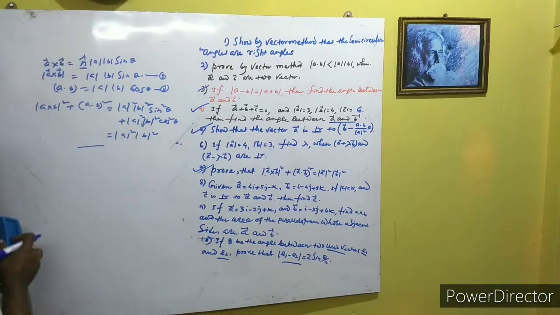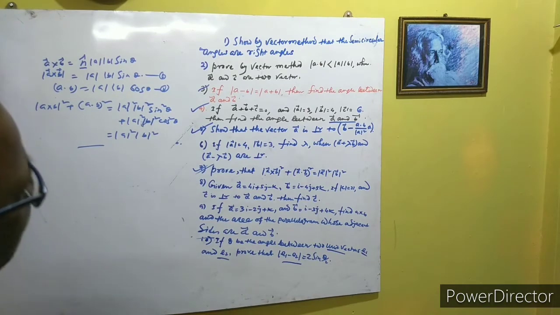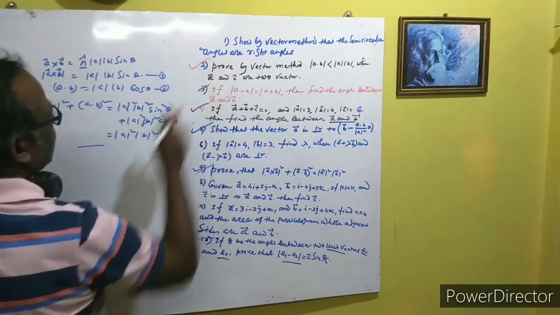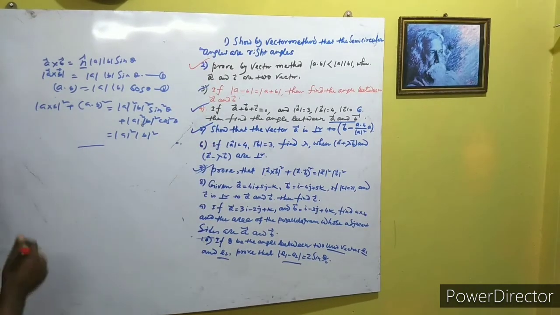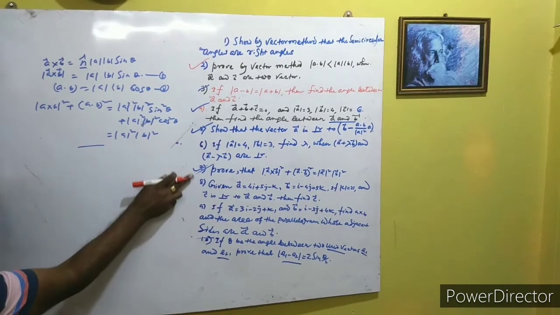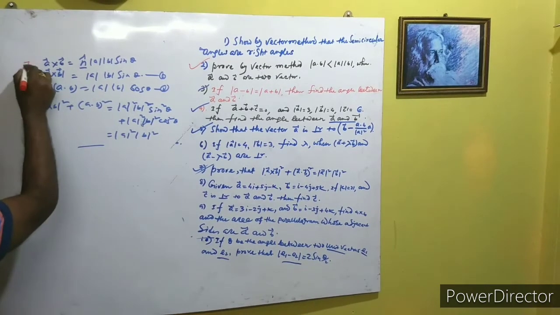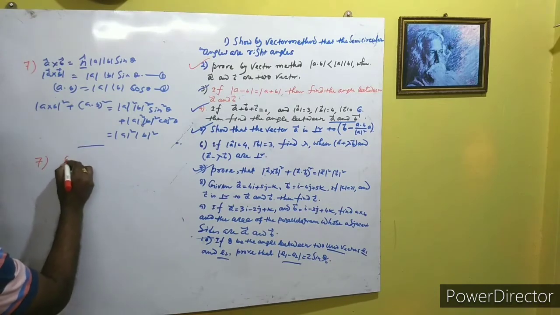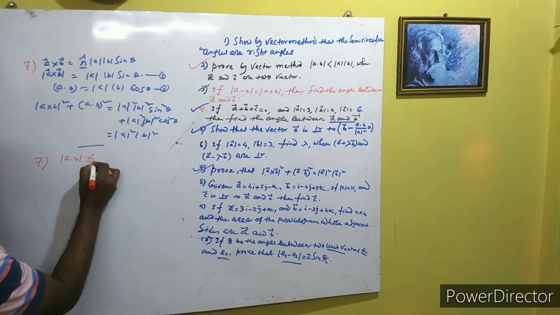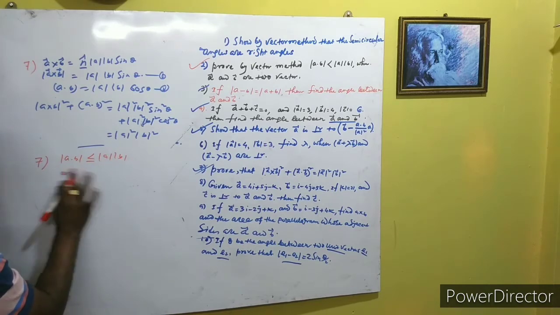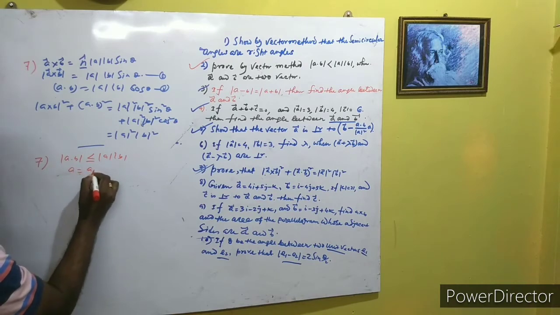Now see carefully. Now we want to do problem number 2. See, this is an inequality. Let us assume two vectors. This is equation 7. We have to prove that the modulus of a dot b is less than or equal to |a||b|. Let us assume a is equal to a1 i,